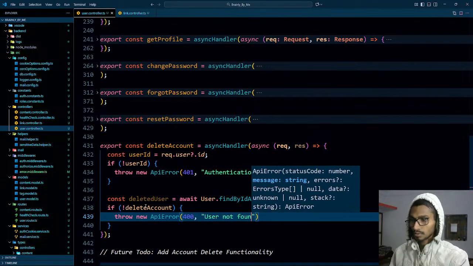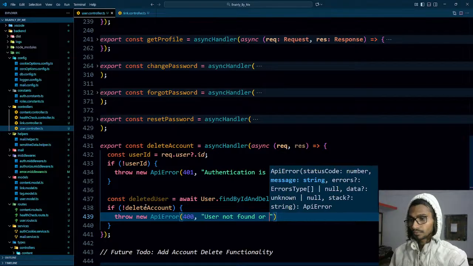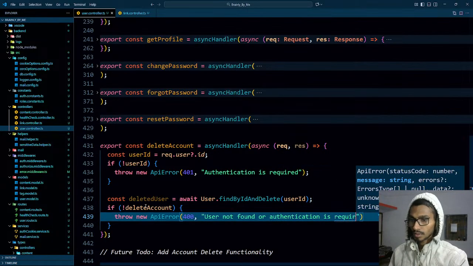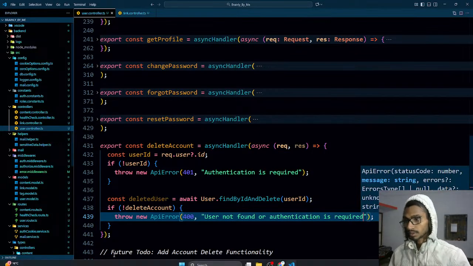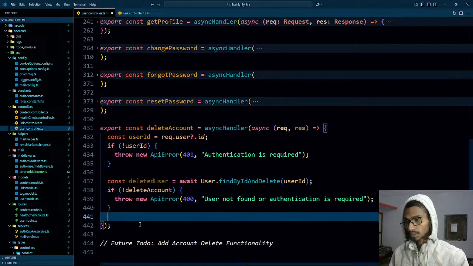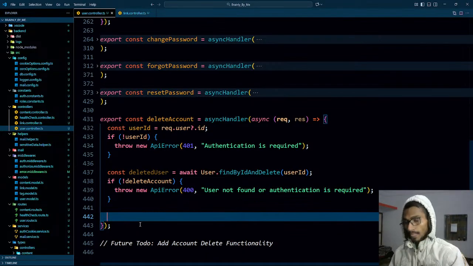User not found, or authentication is required, because we need to have that. Ultimately, it could be anything. User not found, or authentication is required, in both the cases. Let's see, simply go ahead. Once the user is deleted, const